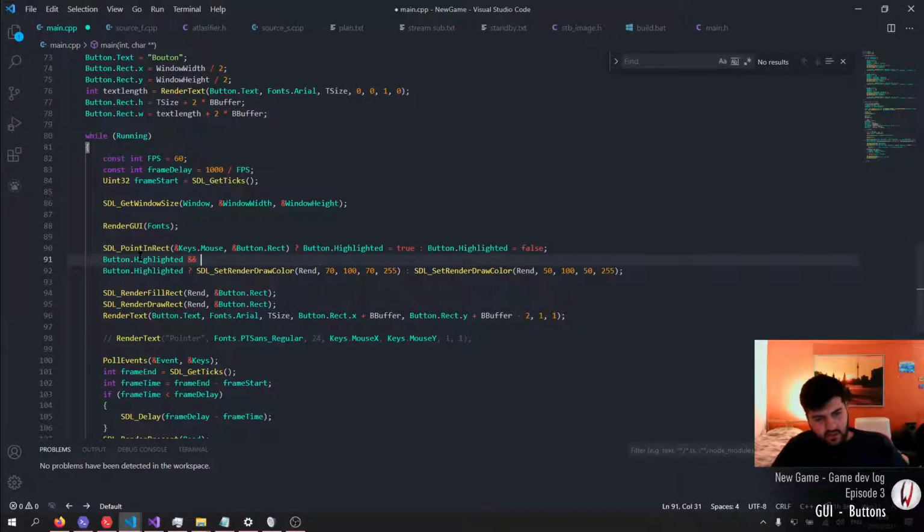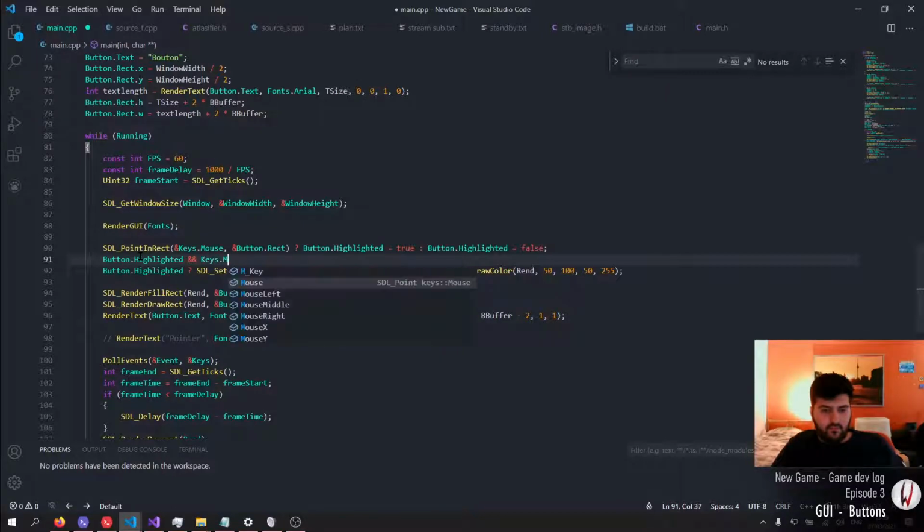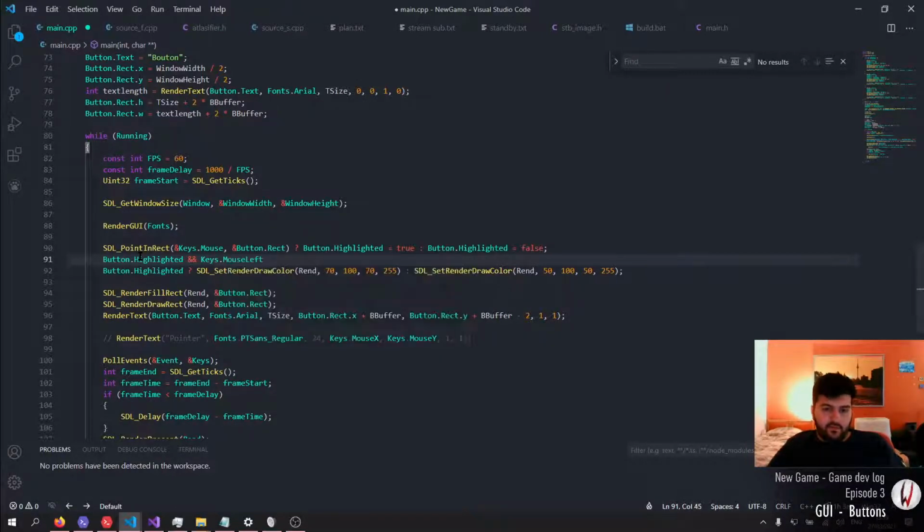Is it button highlighted and keys dot mouse left is true, then I want you to